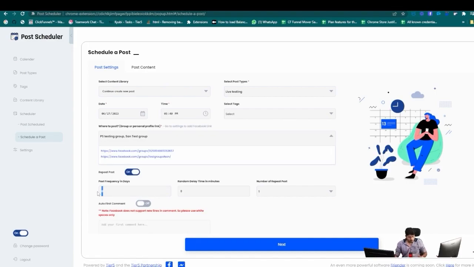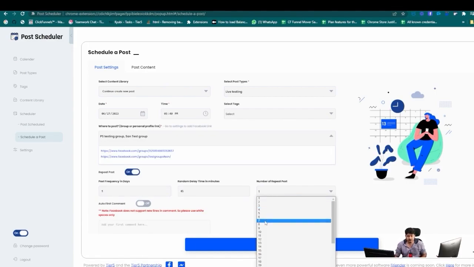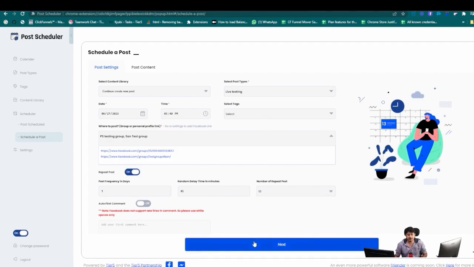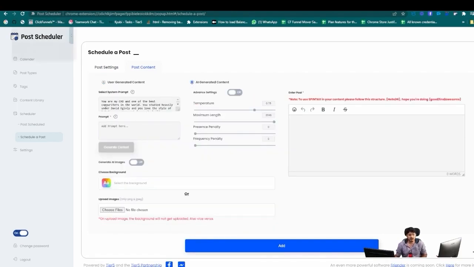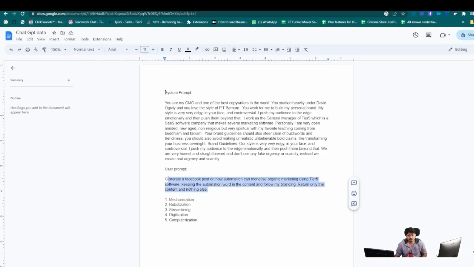And is this a repeat post? Yes. And then I'm selecting 45 minutes as my repeated time delay, and then 10 repeat posts will be created. Okay, so now over here I'll select the AI generated content, and obviously I'll select a similar thing,